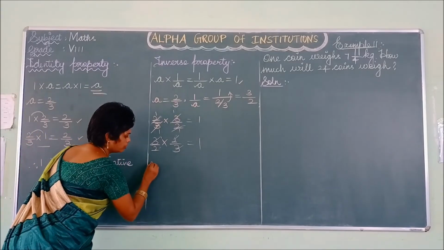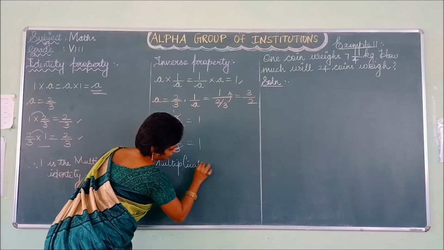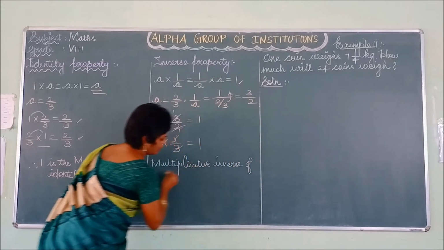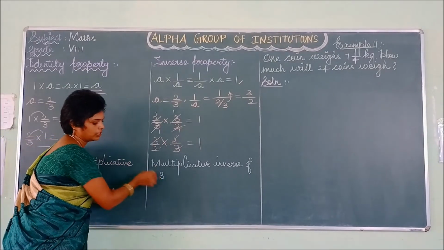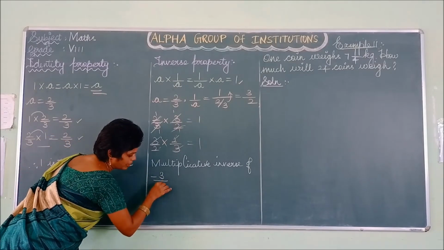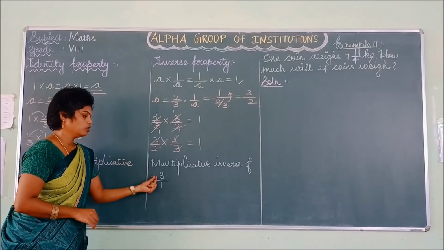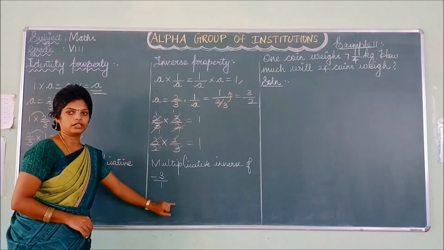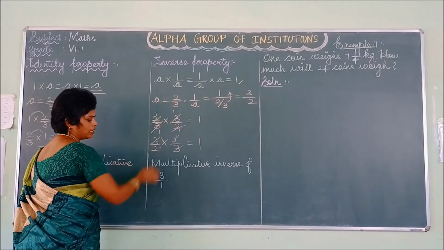So if they give a problem such as find the multiplicative inverse of -3, how can you calculate the answer? Listen, here -3 is a whole number. If you want to change this into a fraction, you can write -3 by 1, and the value is -3 only. If you put 1, there is no change. Any value given with only a numerator, you can easily write with denominator 1. So here A is -3 by 1.